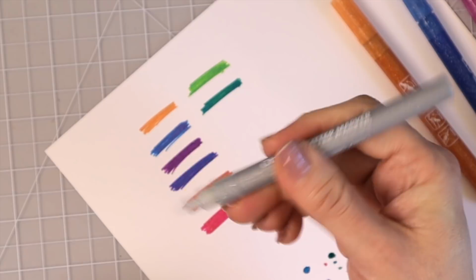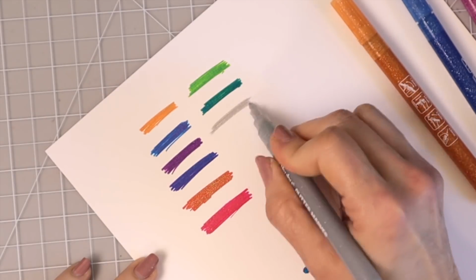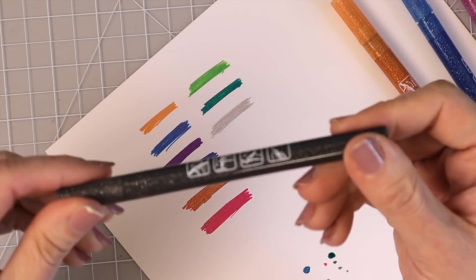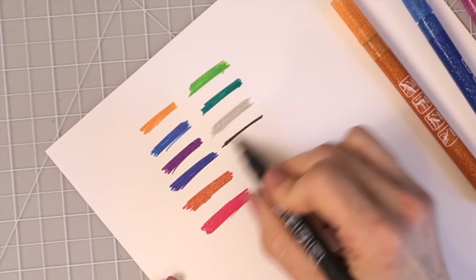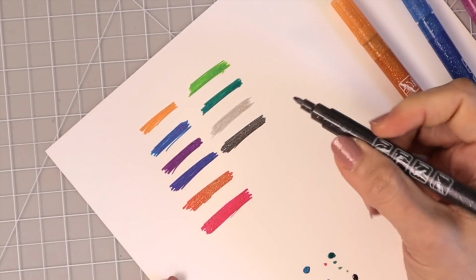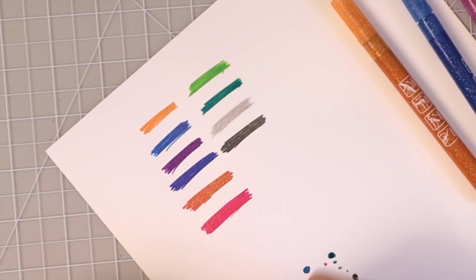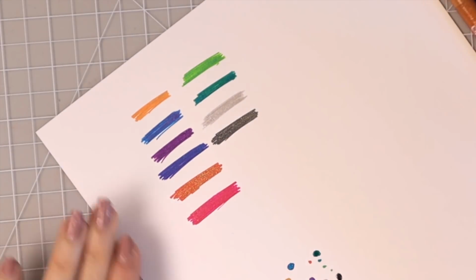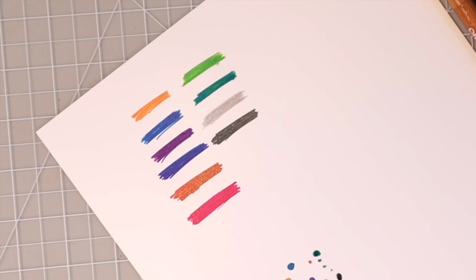And then here we have our silver. Oh, that is so pretty. And then we have a black one. Oh my goodness, that's gorgeous. It's more like a dark gray, like a very metallic dark gray. That is so pretty. Okay, and then I have the 2 colors that I have already used on a coloring